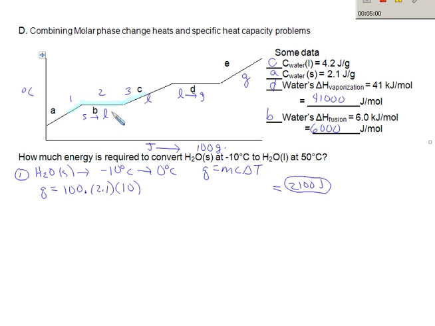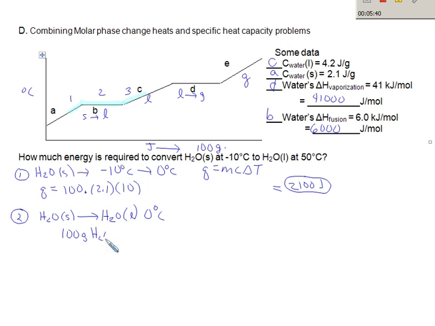Now I've got to melt it. So now I'm on step 2. So let's do step 2. Now I'm taking H2O solid to H2O liquid. And the whole time I'm at 0 degrees C. So now I'm going to have to solve this as a conversion factor problem. So I have 100 grams